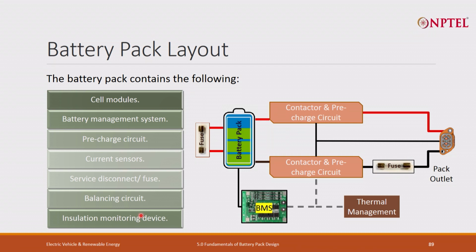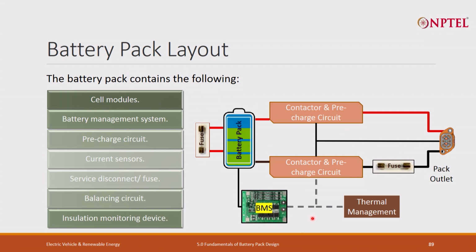those DC currents are very, very harmful for the occupant, passenger or driver. If by any means that is leaking to the chassis, the insulation monitoring device detects that and shuts off the battery, so that no further current flows into the body, and the person occupying the vehicle would be in a safe condition. So this insulation monitoring device could be a part of BMS, or can be a separate device